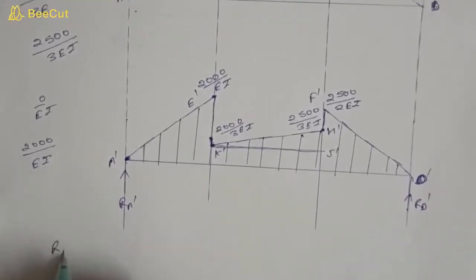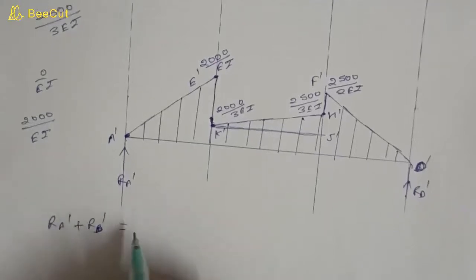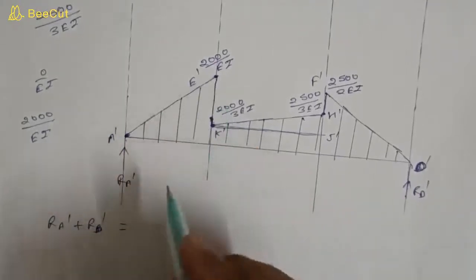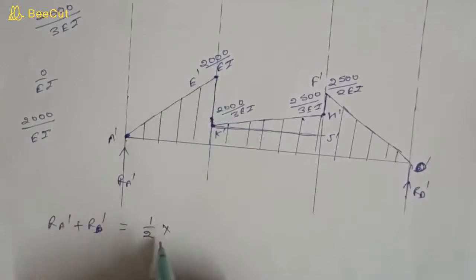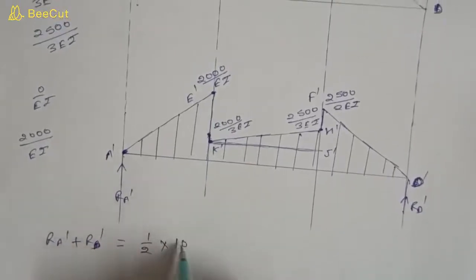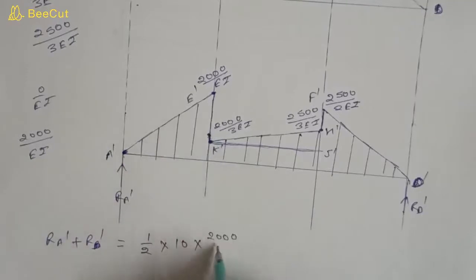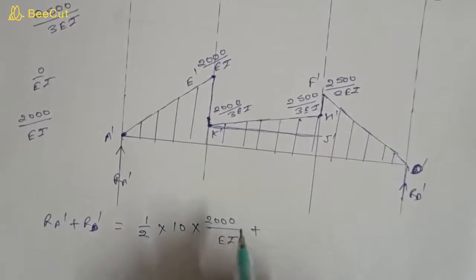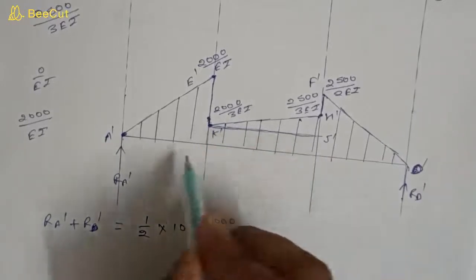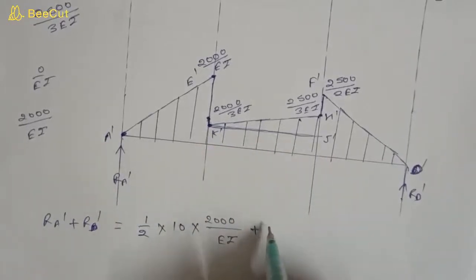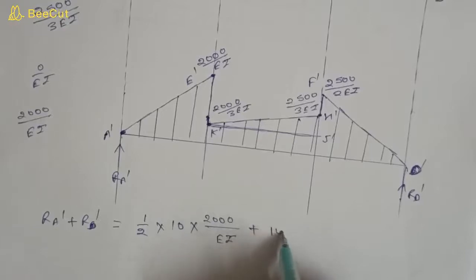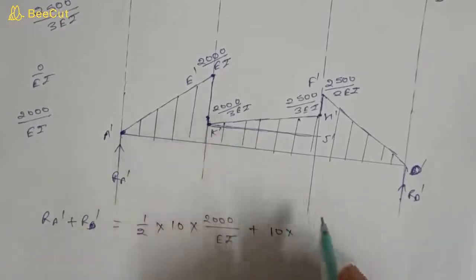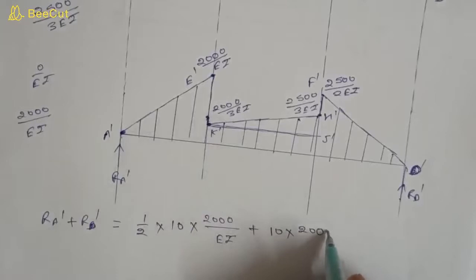So RA dash plus RD dash will be equal to the triangular load, half into base 10 into height 2000 divided by EI, plus the rectangular load, breadth 10 into height 2000 upon 3EI,